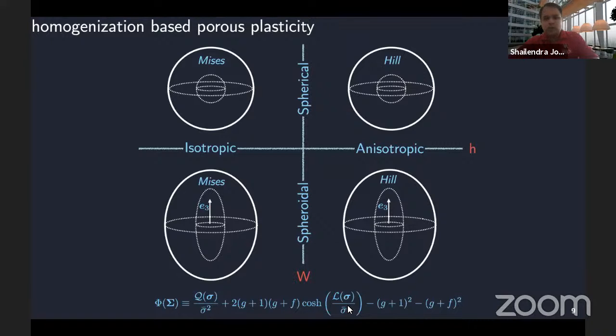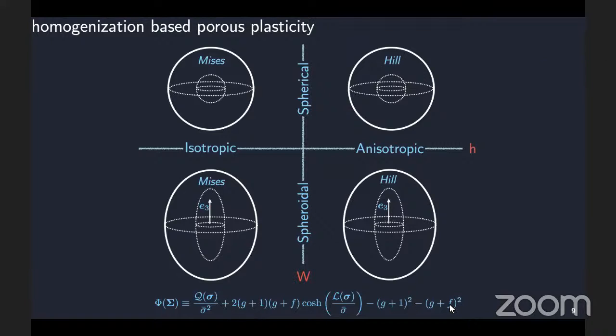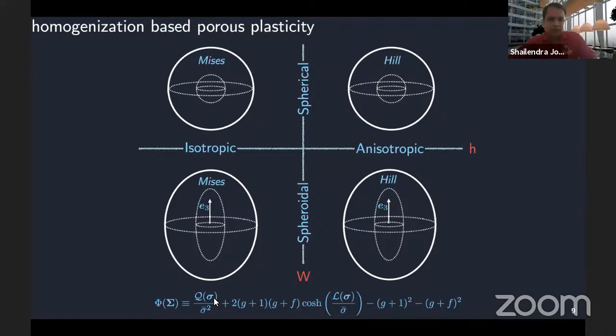So a typical porous yield function for porous plasticity looks like the equation shown at the bottom, where you have a quadratic term that depends on the equivalent stress, and you have a term that goes exponentially with the mean stress, shown in the bracket after the hyperbolic cosine function. So the ultimate objective is to figure out how to bring the role of crystallography and the finer details of interactions between slip and twinning mechanisms into a framework that can be presented in a manner very similar to these continuum models of porous plasticity.